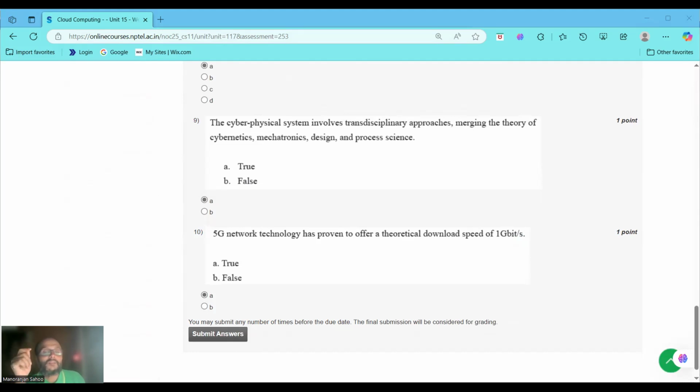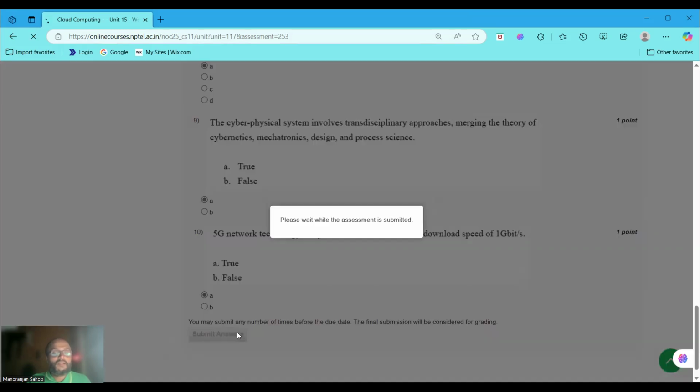So 1 gigabit per second is a conservative but achievable theoretical minimum in early 5G development. So we consider it a true statement, as 1 gigabit is within the proven theoretical range. Thus the correct option is A. The 5G theoretical peak speeds are up to 1 gigabit per second, up to 10 gigabits per second in ideal conditions, so the real world speed varies. Clear?